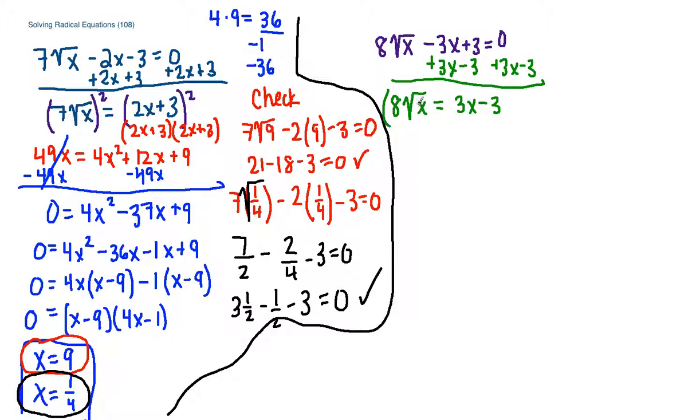Now I square both sides. Remember, when I square both sides, I get rid of the radical, but then on the right-hand side, I need to distribute. So I have 64x equals, if I have to distribute that, I have 3x minus 3 times 3x minus 3. You don't have to write this step if you can do it mentally. So I get 9x squared minus 18x